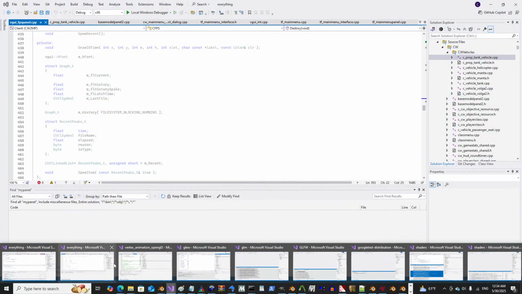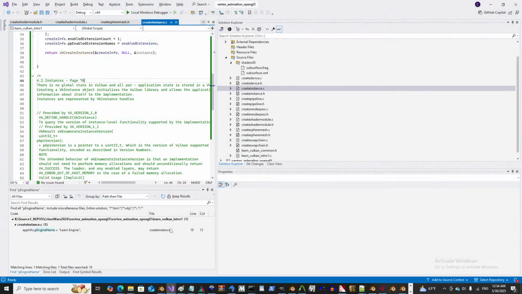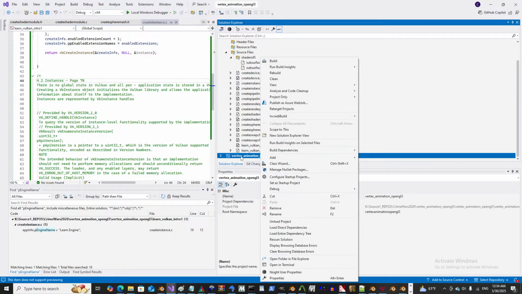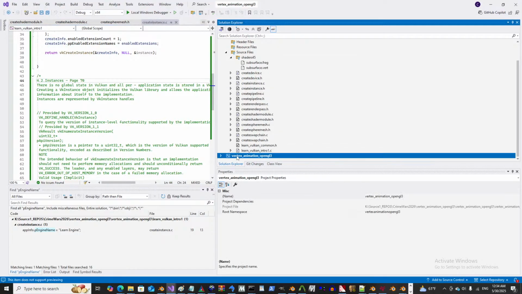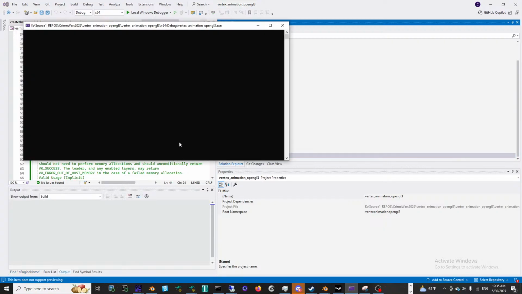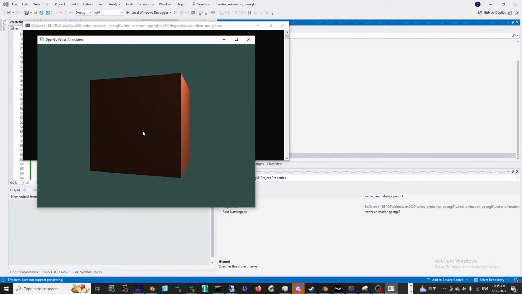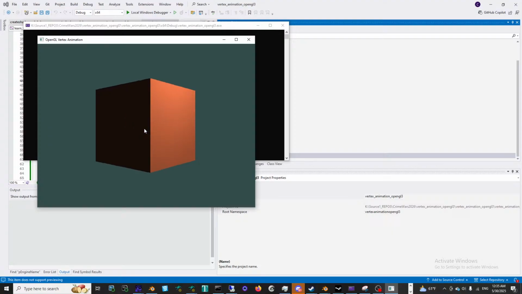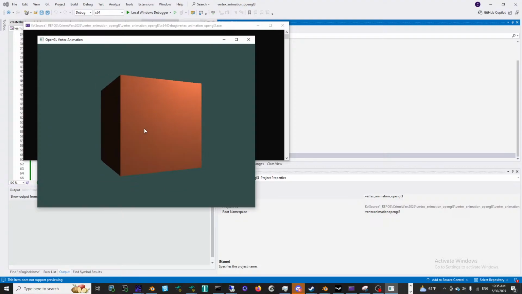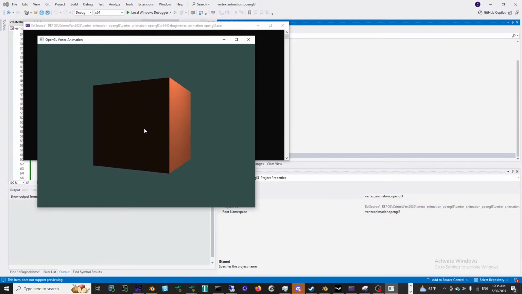Well, it worked. It's just that it took too much time. Yeah, so it'd be fun to get it to this point. Or on this, it's a vertex animation actually. It's changing the vertices instead of